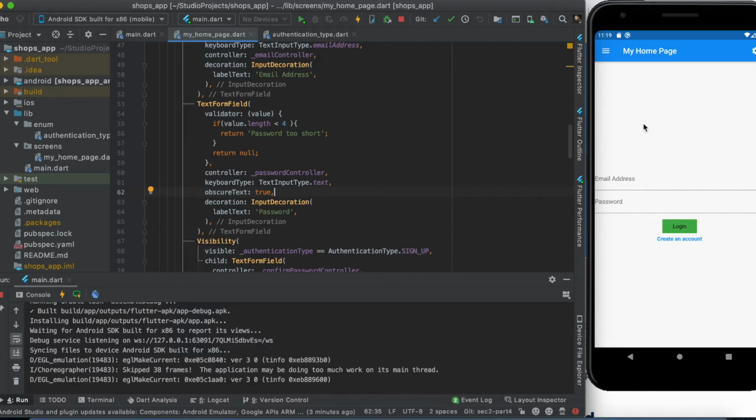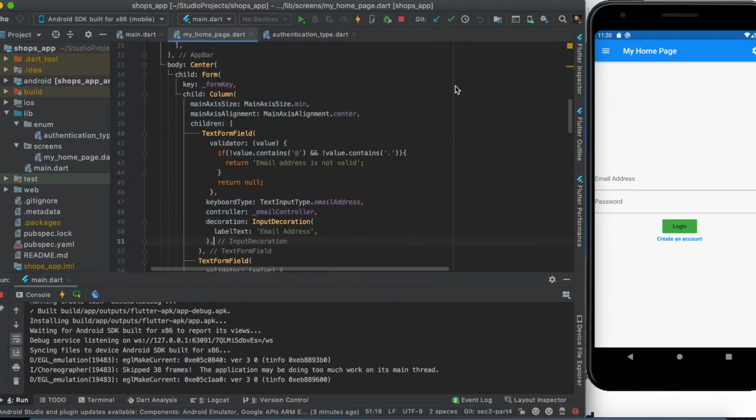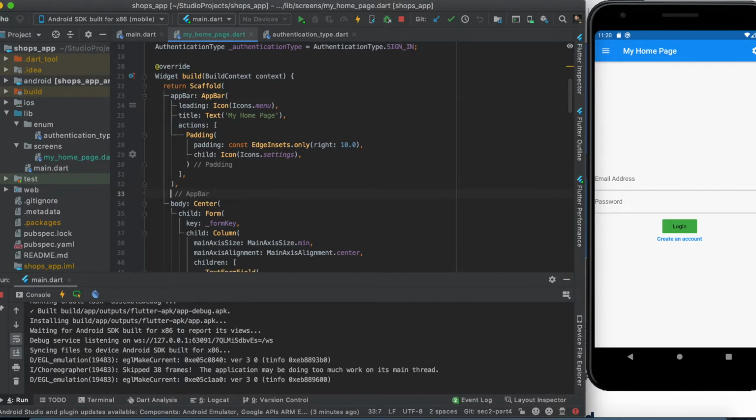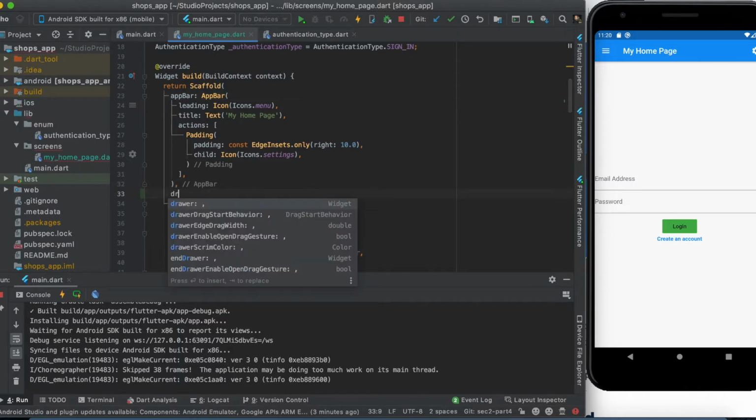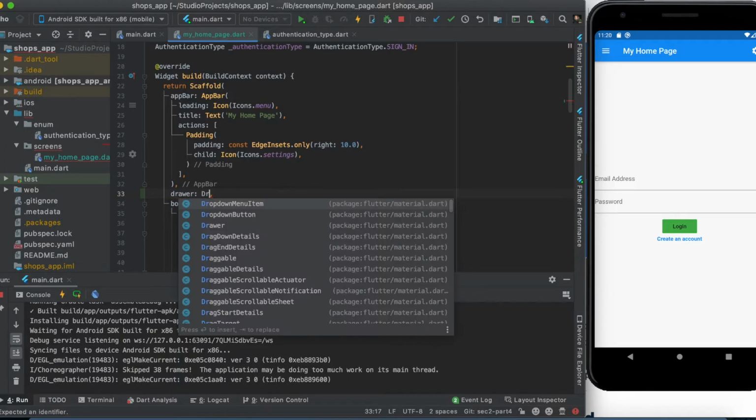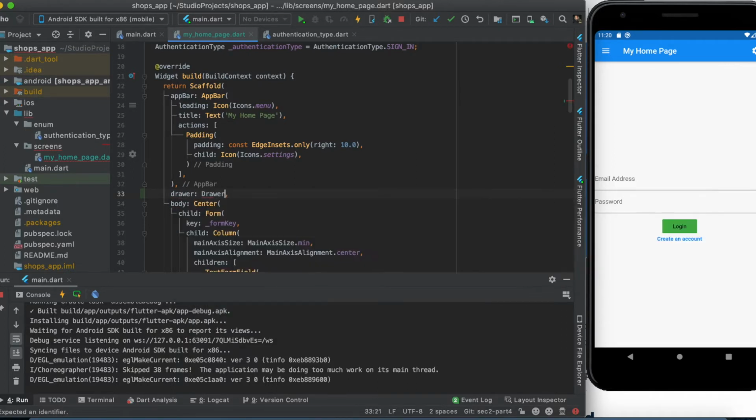So as you can see, there's that hamburger icon, and it's not doing anything for now. So let's make it work. We're gonna draw a drawer here. Outside the app bar, there is an option inside the scaffold to add a drawer, and the drawer takes a widget. I'm gonna use Drawer, and